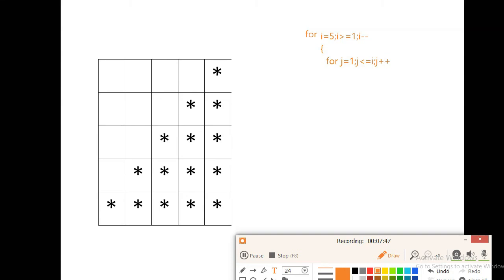Inside, here we are writing an if condition.